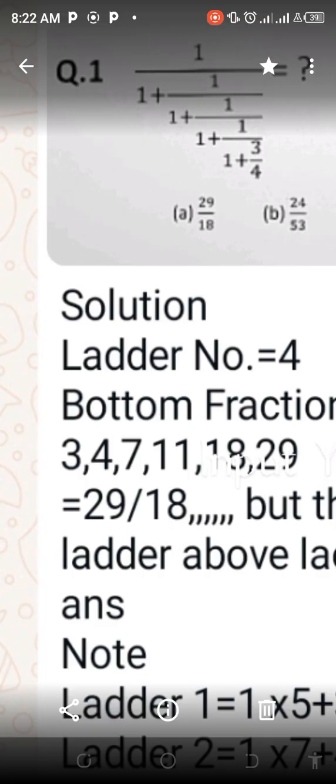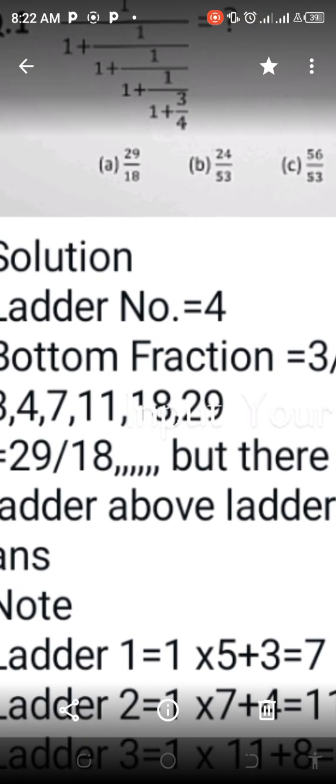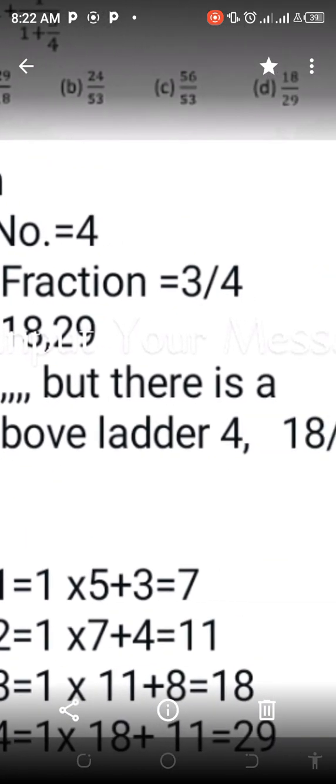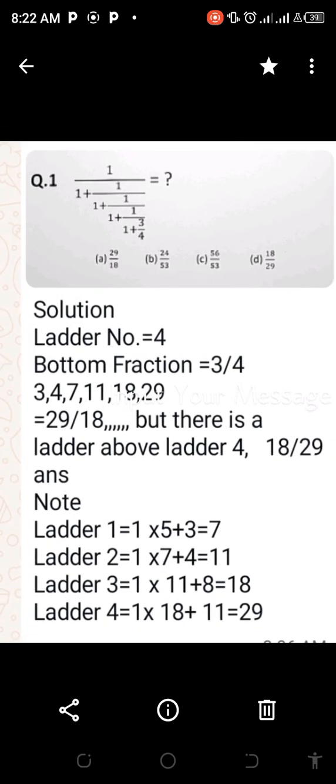And the fourth ladder is 18 plus 11. 18 plus 11 is what? 29. And the solution is the fourth ladder over the third ladder, so the solution will become 29 over 18. Yes. But there is a ladder above ladder 4. Since there's a ladder above ladder 4, then we take the reciprocal of our answer. So the correct answer now becomes 18 over